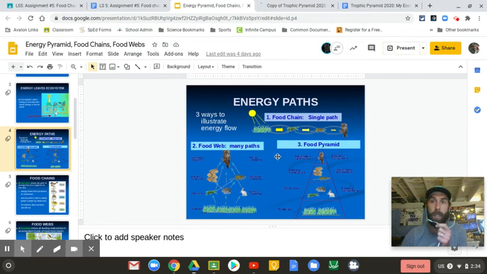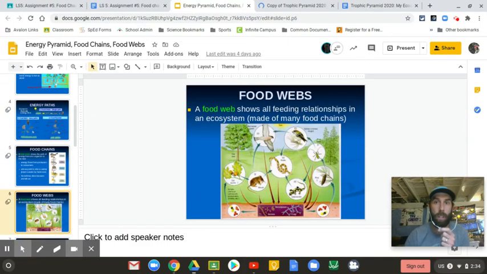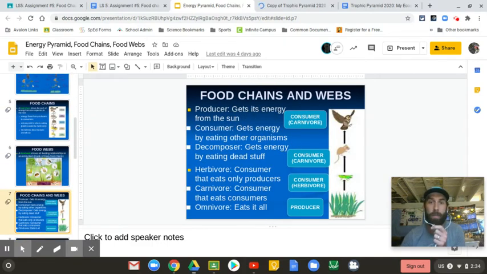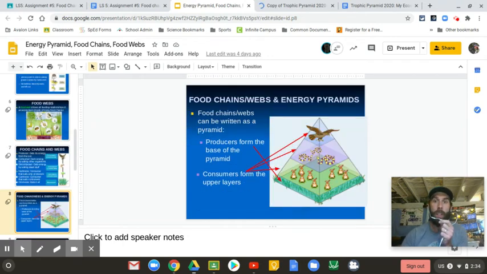The past couple days, we have been talking about food chains, which is a single path and is not very representative of how an ecosystem works. And food webs is many paths, and food webs do a fantastic job of showing how many organisms are interrelated to many, many other organisms. Today, we're going to be talking about food pyramids, which do a really good job of showing where all of the energy in an ecosystem is. So I'm going to scoot through our food chains and food webs discussion. So once again,